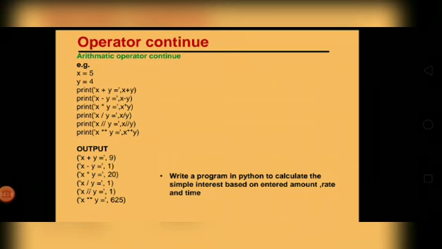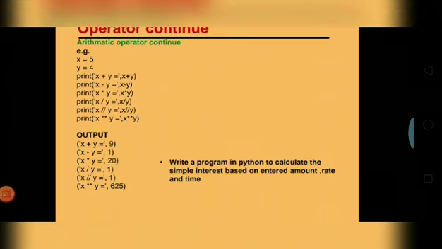Now see the example of all these arithmetic operators for doing arithmetic calculation. Here we need two operands. Operand means variables or values, and in between we have an operator: plus, minus, multiply. Now see the example, x is 5, y is 4. If we are using integer division, the output will come 5 divided by 4, it will come 1. But if we are using